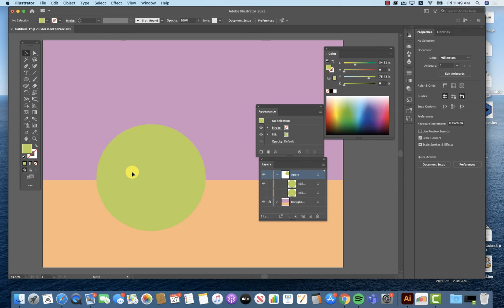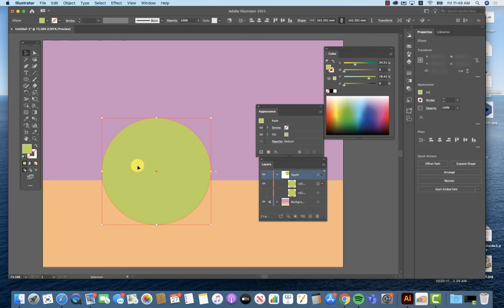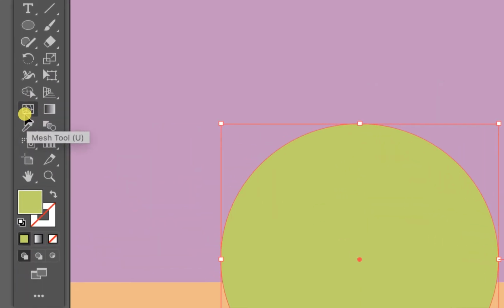I'll just move this in here. I can bring that other copy back later on if need be. So we're starting with an ellipse. Now the way in which we're going to color this ellipse is using the mesh tool, which is located right